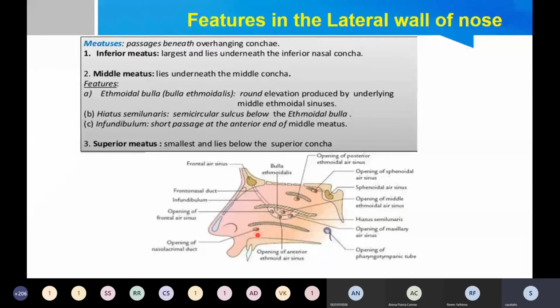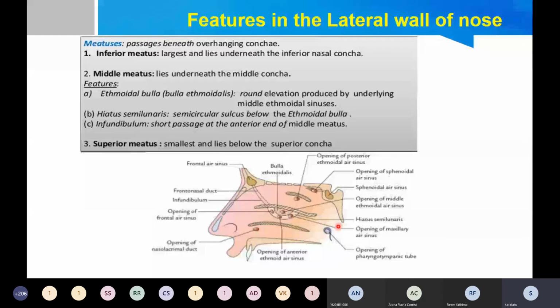There is a lacrimal apparatus. You would have learned that, I think. From the lacrimal gland, the secretions of the lacrimal gland, that is tears, are carried into the nasal cavity through the nasolacrimal duct. Where does it open? It opens into the inferior meatus. Superior and inferior meatus have only one structure each. That is, into the superior it is the posterior ethmoidal, into the inferior it is the nasolacrimal duct. The rest of the paranasal air sinuses will open into the middle meatus except the sphenoid. So I think this is clear to you.